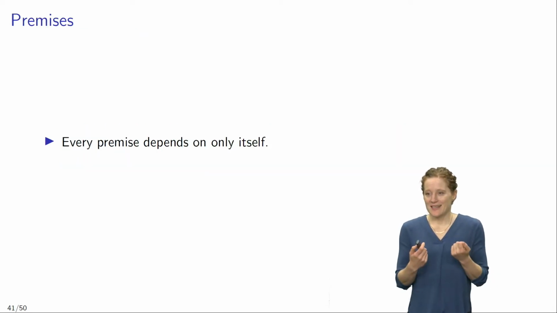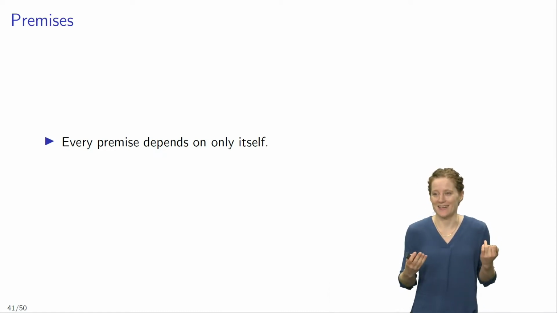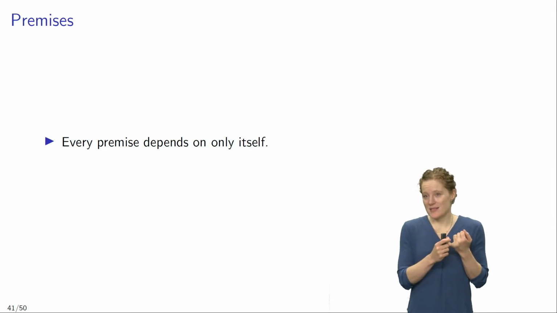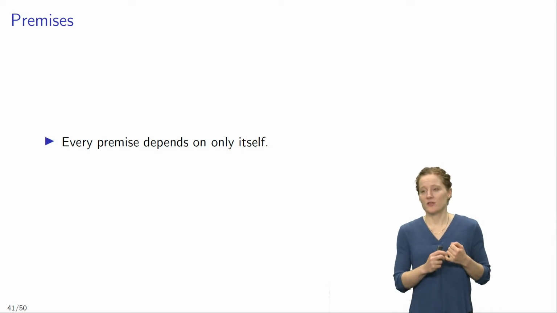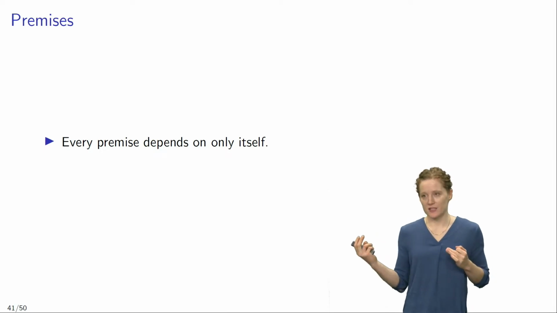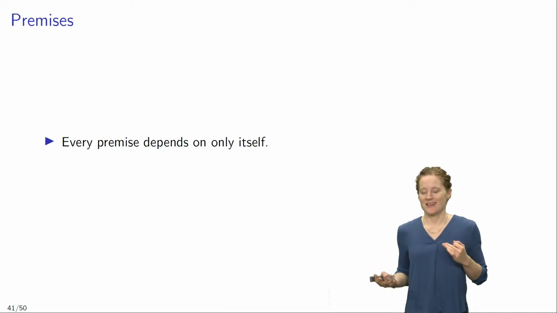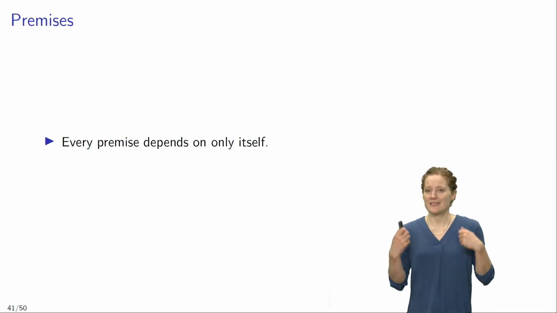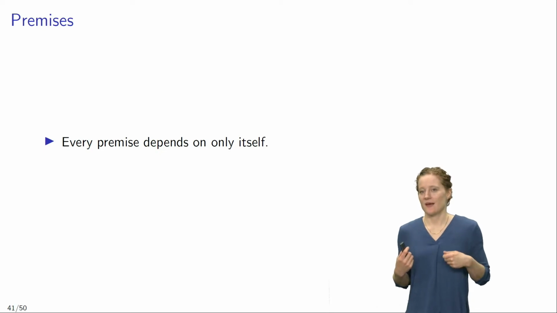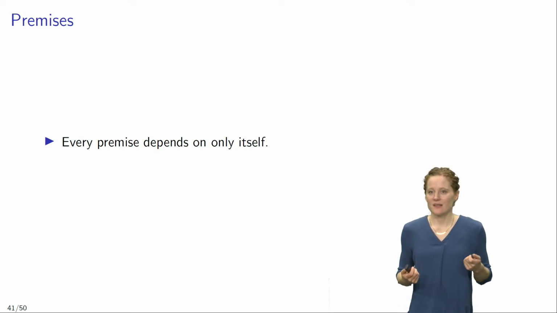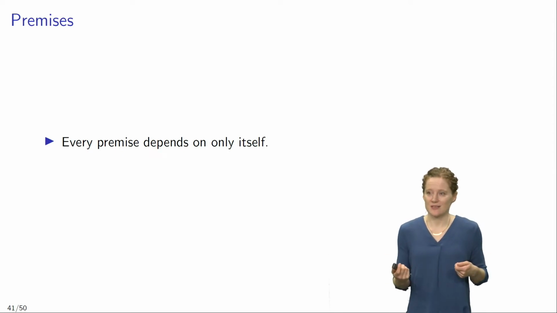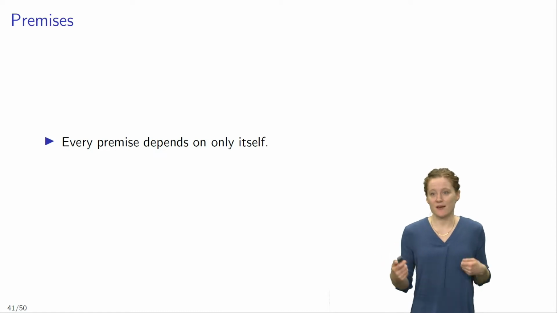Now, when we add a line to a proof, there are two possibilities of what we might be doing. We could be adding a premise to the proof, or we could infer a line by an application of one of our inference rules. So let's think about these two cases separately. First, suppose that we add a line to a proof, and this line is a premise. Now, every premise depends on only itself. When I make an assumption, that assumption does not depend on any other assumptions. So clearly,